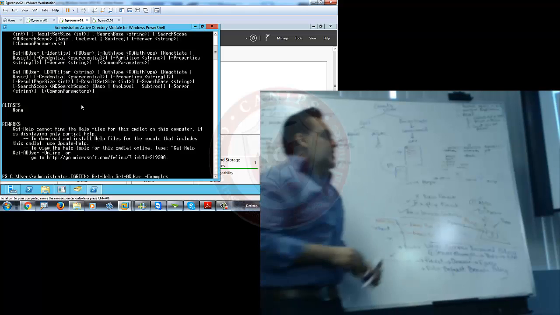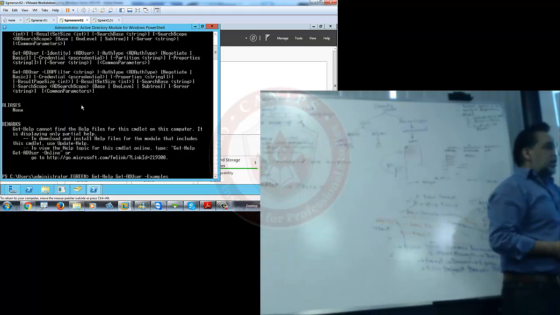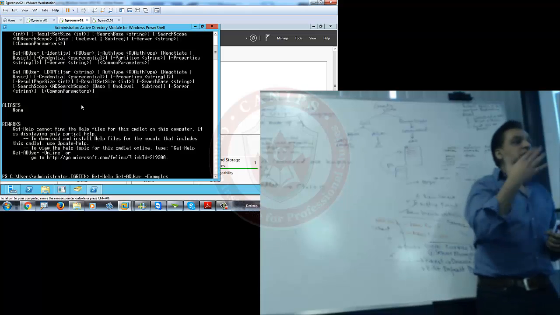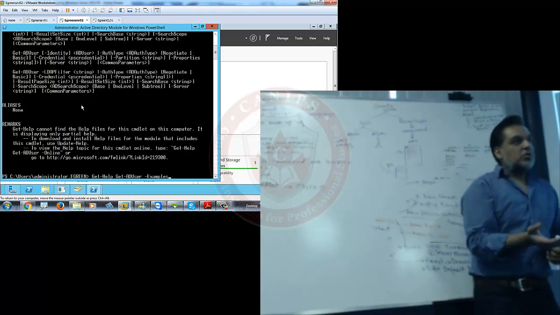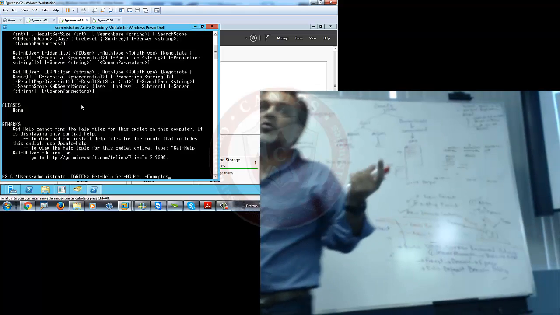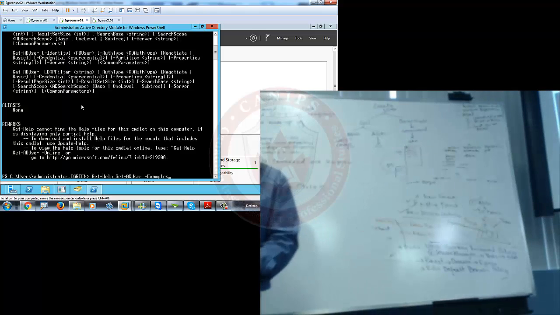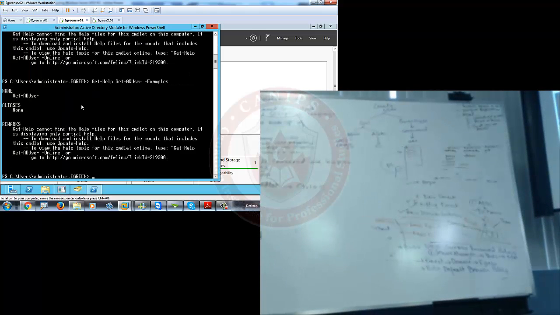So you can say Get-Help Get-ADUser -Example. You need to get help for Get-ADUser and -Example. I need to see an example of this command. If you see an example, all you need to do is do exactly what the example tells you. So as soon as you do,